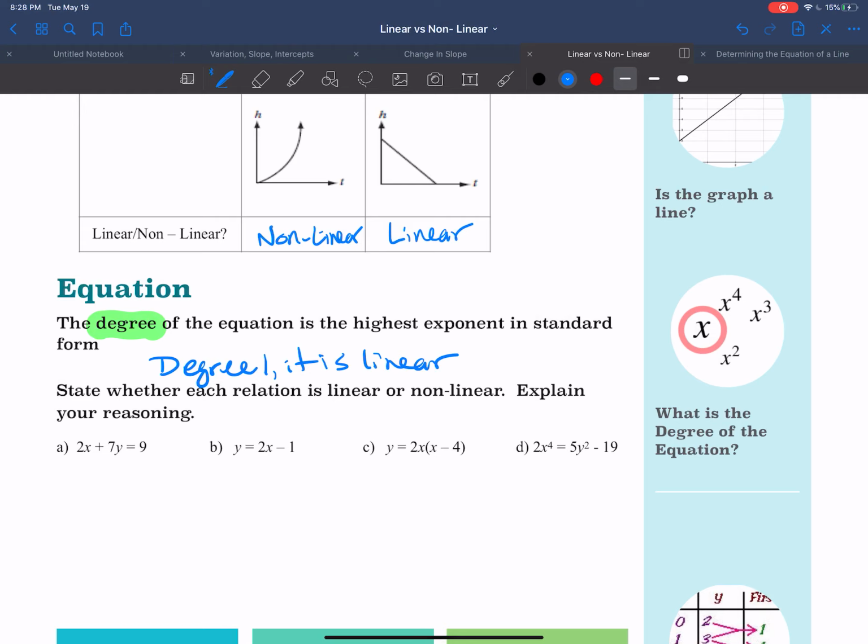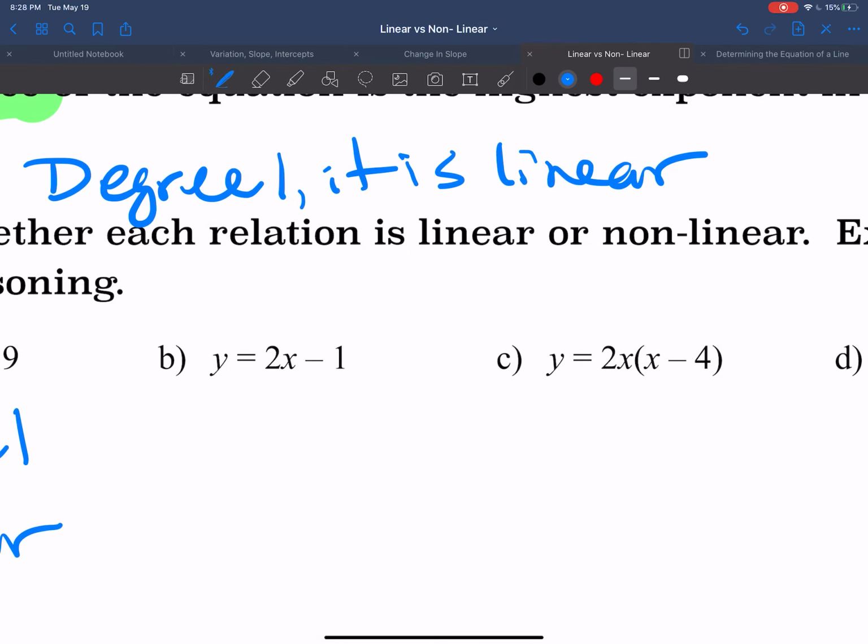So what's the highest? This is in standard form for A. Everything's expanded out. What's the highest exponent? Don't see it, but there's ones there. So that's degree 1. So linear. For B, again, you don't see them, but it's degree 1. We can tell it's in y equals mx plus b form that we've seen before. We know the slope and the y-intercept and all that, so it's linear. Degree 1